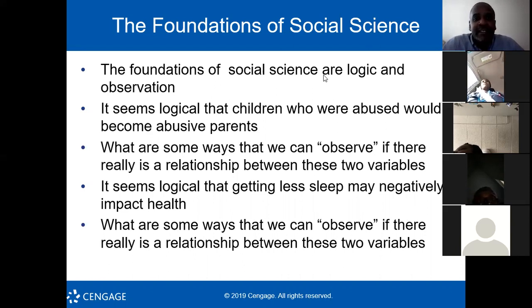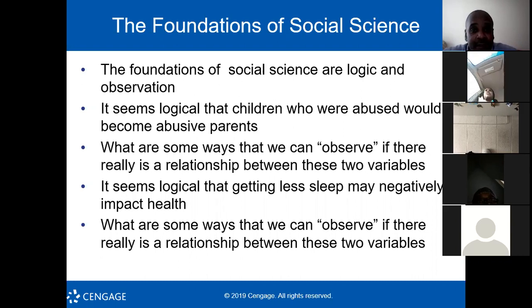So why does it seem logical that children who were abused will become abusive parents? Does that seem logical to you? Anybody? Because that's something they're used to; they think it's normal. Right, and again, that's what they have been normalized with. That's what they've observed. All of us have been young people before, and all types of things that we have picked up from our parents, we begin to adapt as adults.